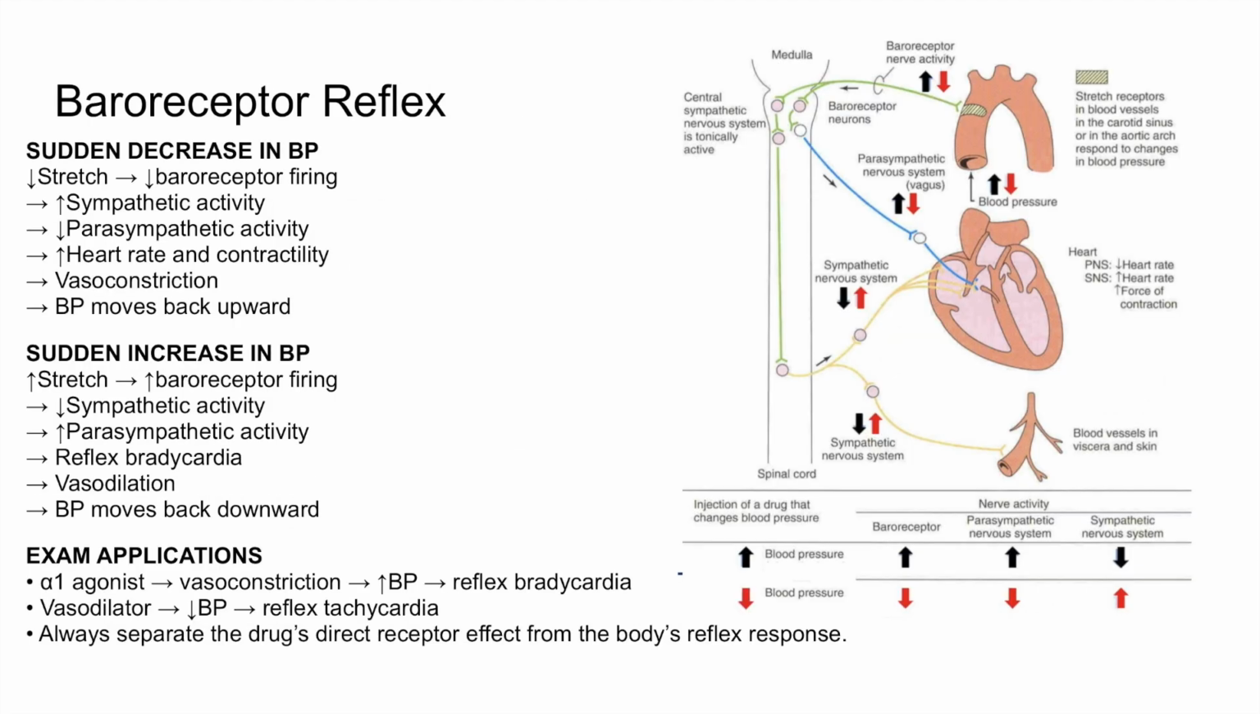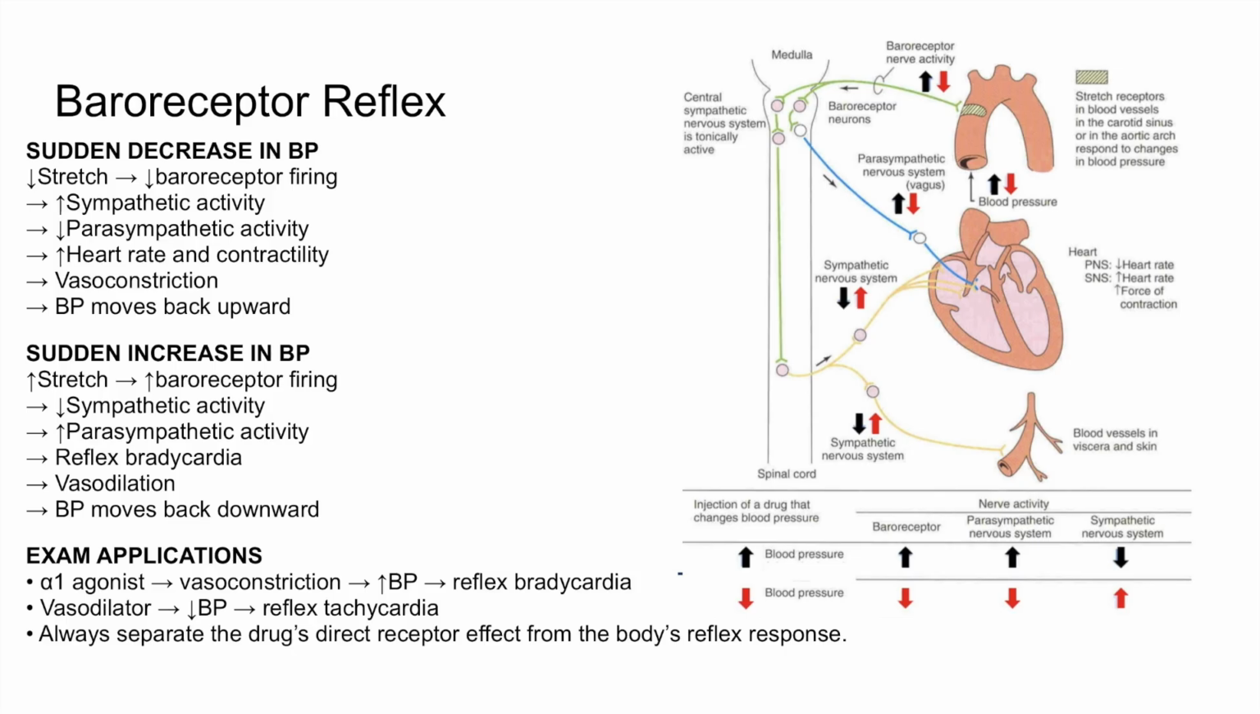Right, so the baroreceptor reflex. So the baroreceptor reflex is the body's rapid response to sudden changes in blood pressure. So when blood pressure falls, stretch of the carotid sinus and aortic arch baroreceptors decreases, so they fire less. The medulla responds by increasing sympathetic activity and decreasing parasympathetic activity. So heart rate, contractility, and vasoconstriction increase, pushing blood